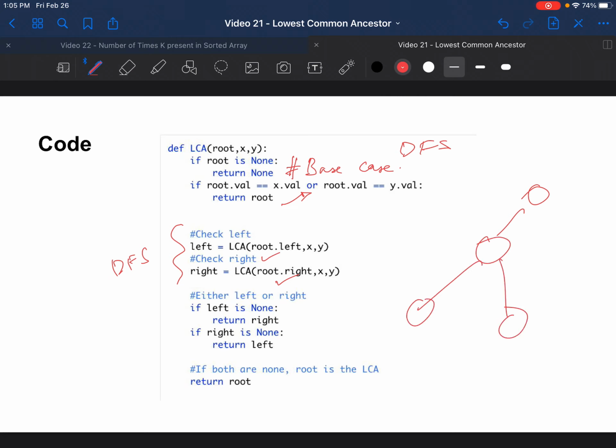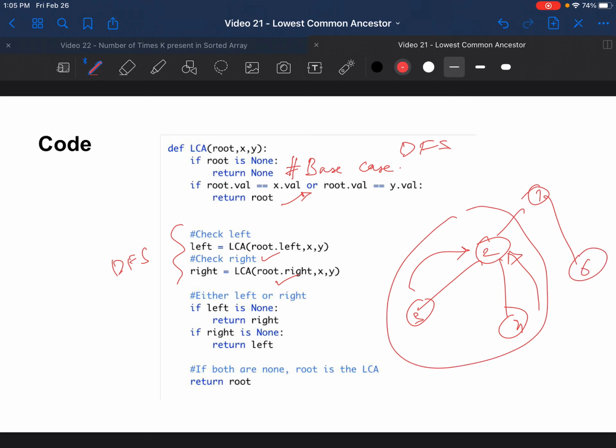And one thing to note is, if you don't receive anything from your left, you return the status of your right. So for example, if I was looking for, let's call this 1, 2, 3 and 4, and I'm looking for 6 on this side, left in this search is going to be none because it couldn't find 6.